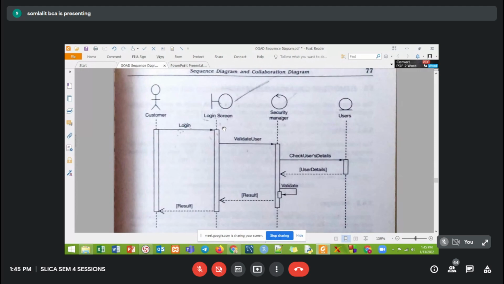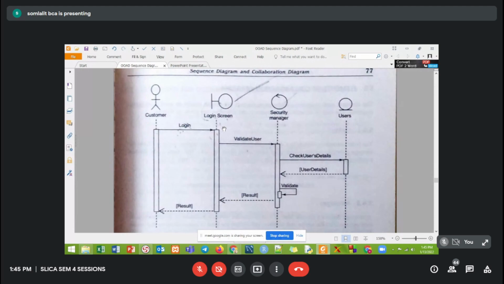Now, at the time of sending the data, validation will also be done. As well as here, the validation includes the checking of user ID and password, and then it will give you the result. Okay. Now, in login, we would have used opt. Why would we have used opt? If user ID and password is correct, then the welcome page will be there. Else, nothing. Things are clear? If user ID and password is correct, so guard condition in opt, then the welcome page should be there. Else there should be nothing.